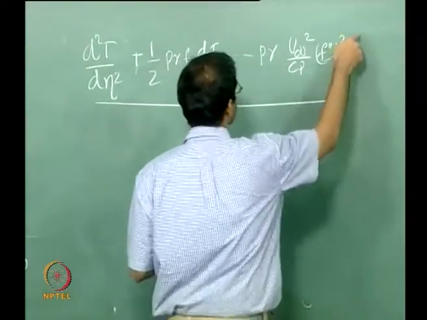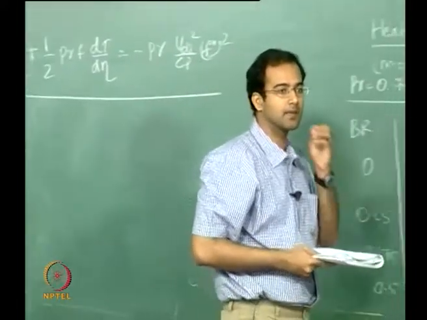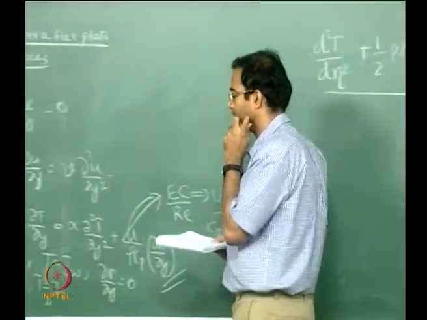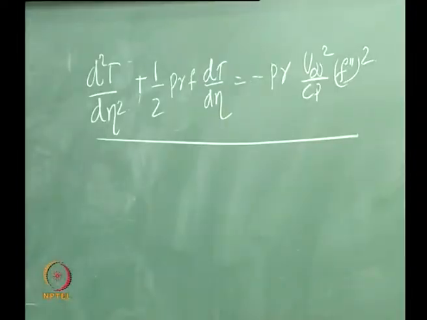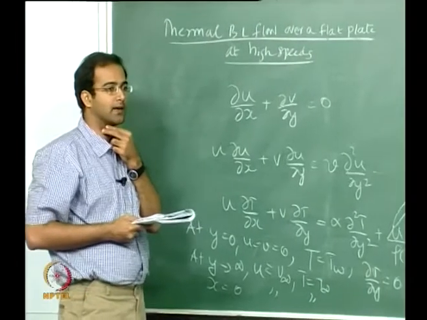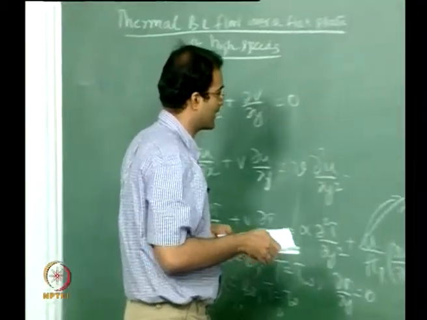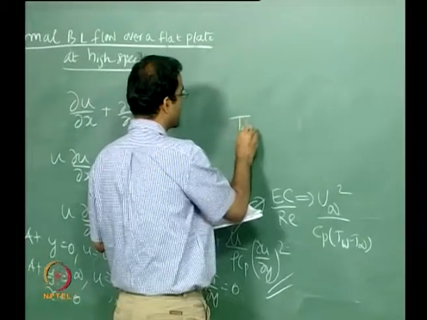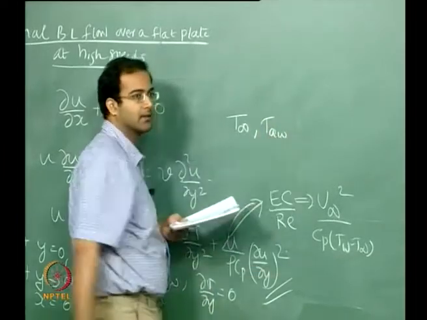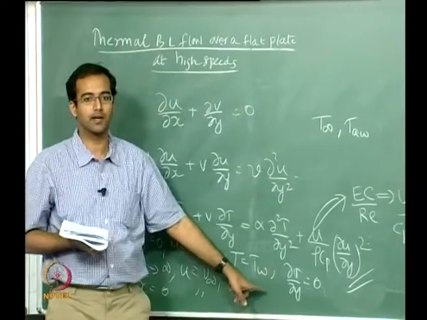Because of the viscous dissipation, you now have this additional term which comes into the similarity equation, right? Now why do I write this in terms of dimensional temperatures? Why am I not directly non-dimensionalizing here? This is because you have in fact two temperatures with which you can non-dimensionalize. You can have your free stream temperature T infinity, and you have what is called the adiabatic wall temperature. This is the wall temperature if you maintain an adiabatic boundary condition at the wall.